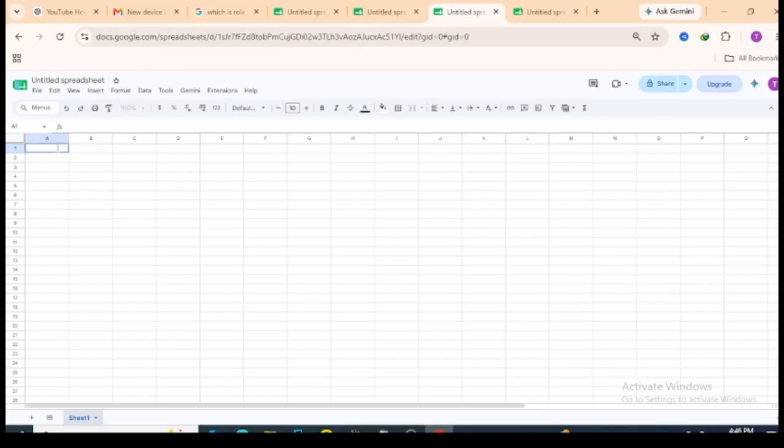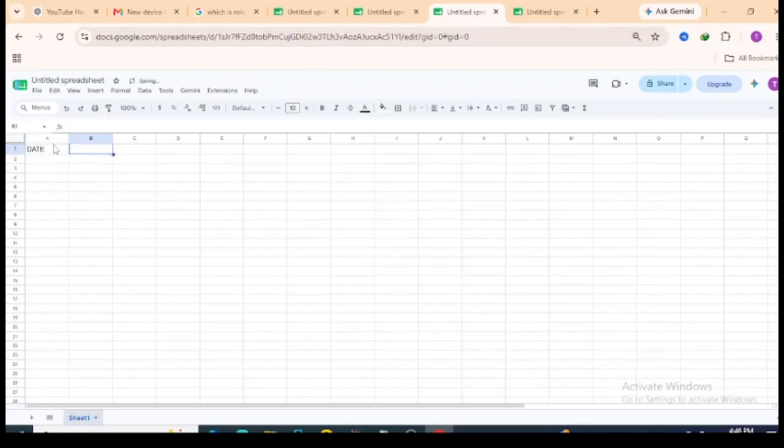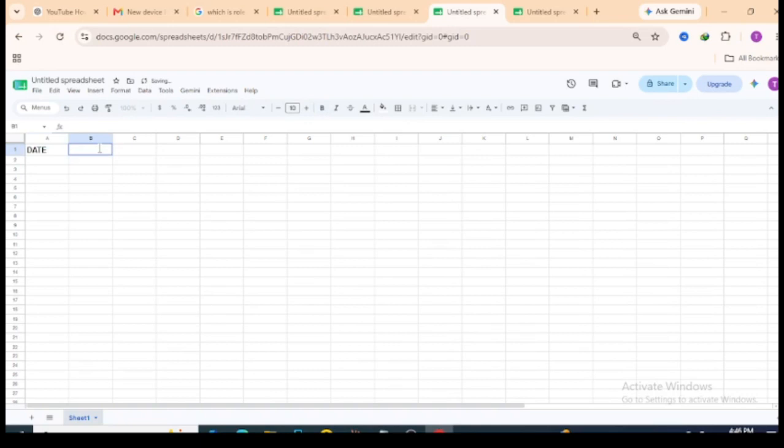First things first, I'm going to include the dates. I'll put it in all caps, and then I'll make it bold and make it 13. Then I'll come here and put in something like